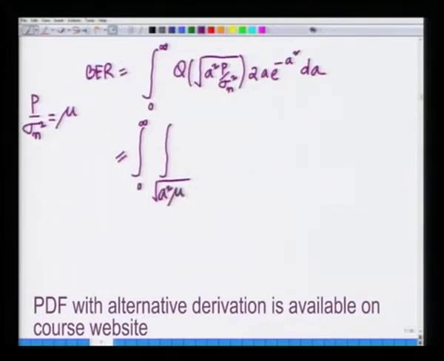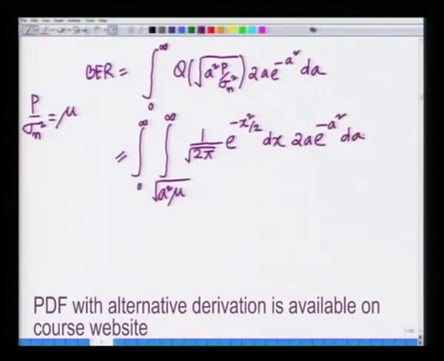The Q function becomes the integral from square root of a square mu to infinity of 1 over square root of 2 pi, e power minus x square by 2, dx, and there is the outer integral with 2a e power minus a square da. Alright, so I am writing this as the average of the Q function over the distribution, the probability density